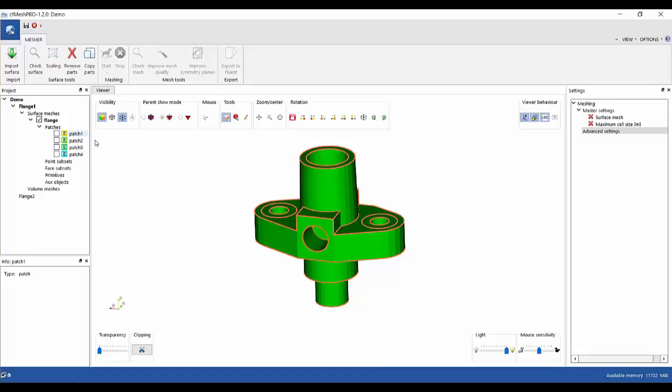Filters can be applied to show only those patches with a certain string in their names. This feature can be extremely useful, especially in those examples where there are tens or hundreds of patches defined in the surface mesh, and navigation through all the patches would be very difficult in those cases, unless there was a way to narrow down the number of shown patches. Of course, this feature is useful only in case the patch names are given in a smart and meaningful way. For instance, naming patches on the inlet boundaries as Inlet 1, Inlet 2, Inlet 3 or similar would do the